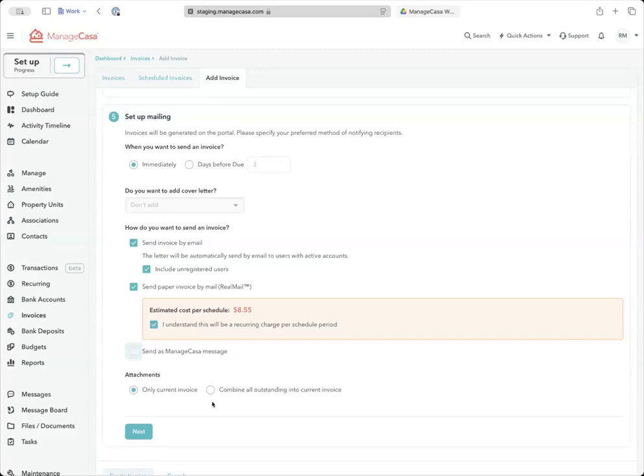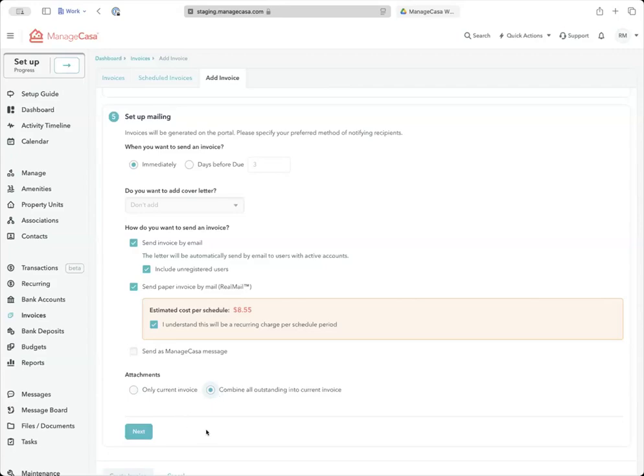One is just the invoice. This is just the transactions that were created and what is due. And the other one is I want to see a statement of not only everything that I currently owe, these new transactions, but maybe I didn't pay stuff in the past. I want to be able to see those and see a total of those in that statement. By checking this, it will generate the statements for